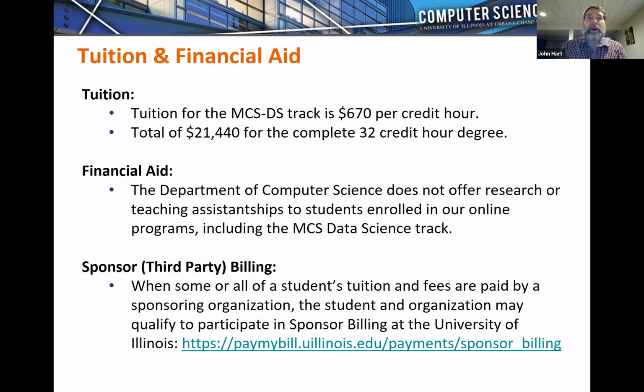Some of those are fees for proctoring. We want to make sure that students are all evaluated on their coursework appropriately and fairly, and so we have an online proctoring service, and the student pays the proctor directly. It's kind of like an Uber service for proctoring. That's typically $40, $50, $60 per course.